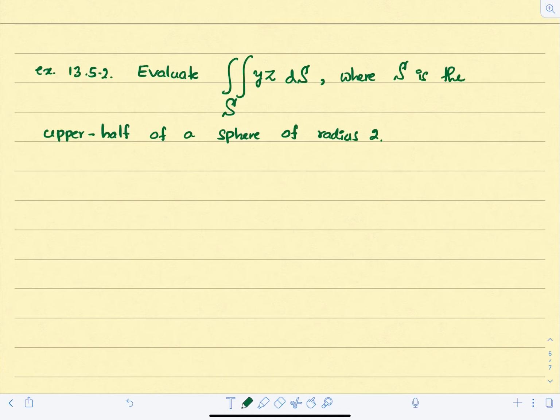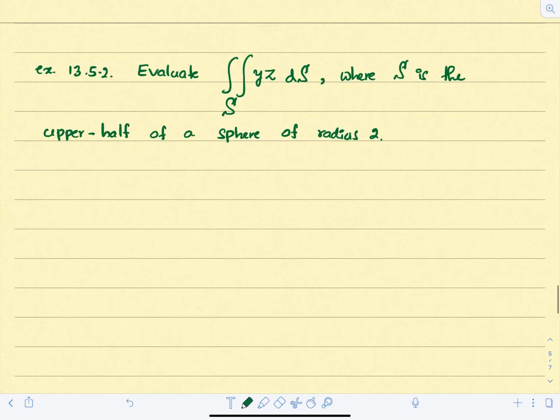Now let's go to the second example. In this example we want to evaluate the double integral of yz over the surface S, and this time your surface S is the upper half of a sphere of radius 2. Okay, now